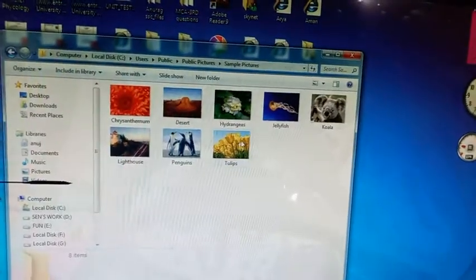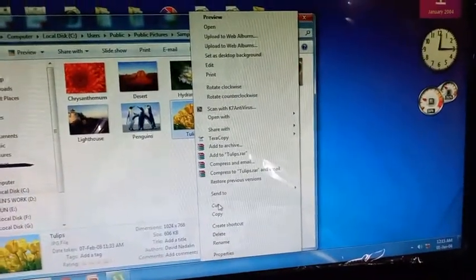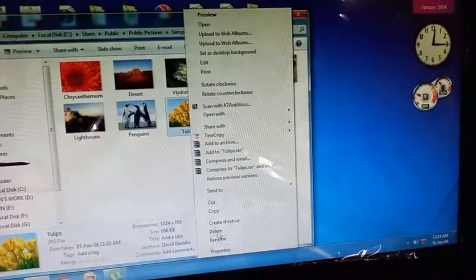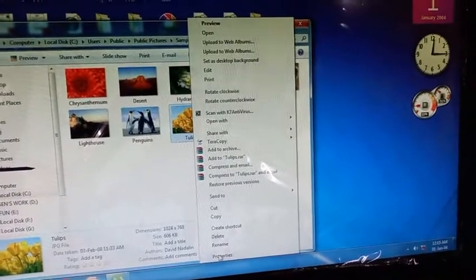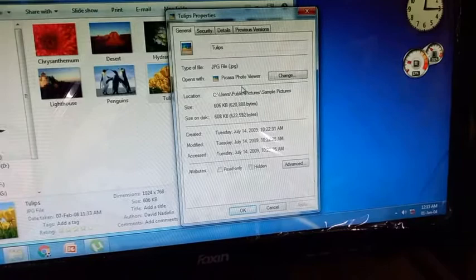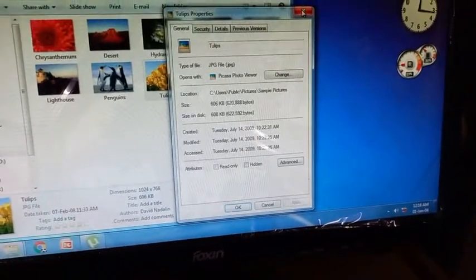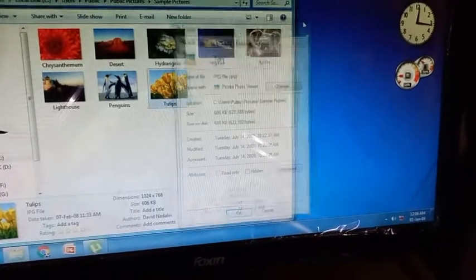I added this image, tulips. And see what it is. If you want to know the extension of the image, right click on the image and click on properties, and here it is JPG. It is a JPG file. Must use extension.